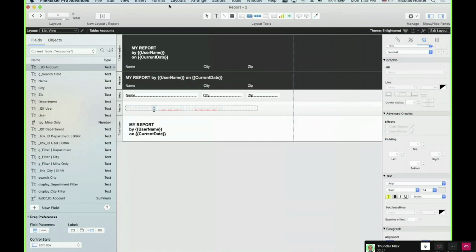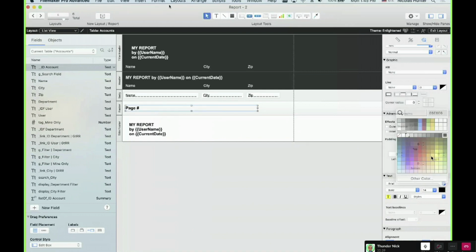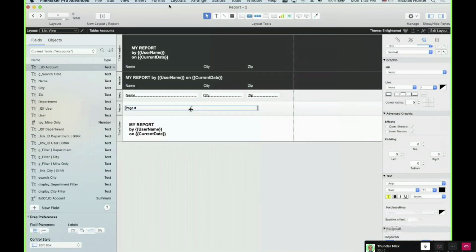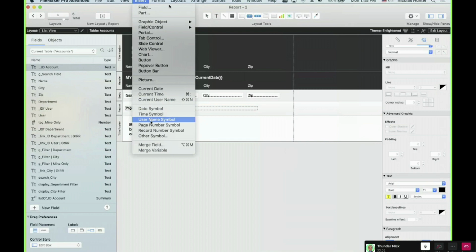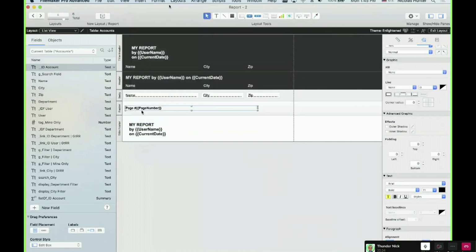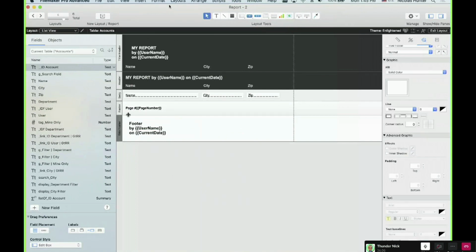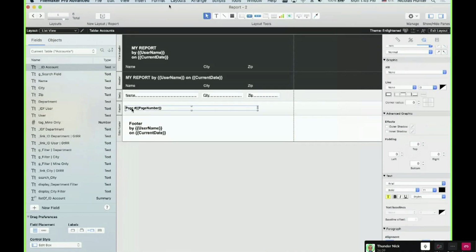So the footer, for example, is where you put the page number. Let me put that in black and make it smaller. You say, okay, page number, and you put the page number symbol. So for each page now, you will have a number. And then you have the title footer here, where you have the footer. This big footer will appear on the first page, and this one will appear on all the other pages. So let's show.